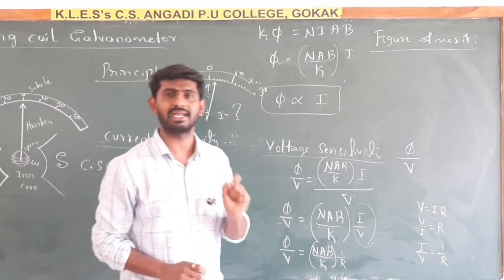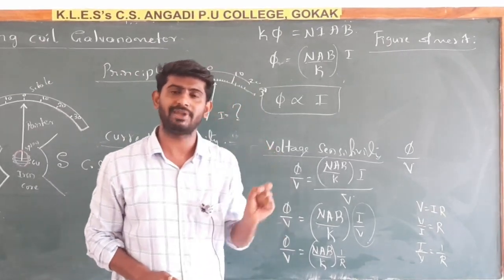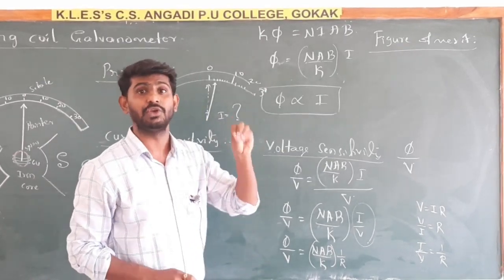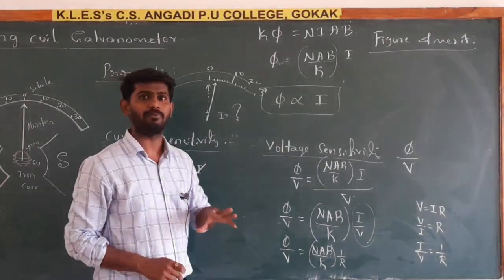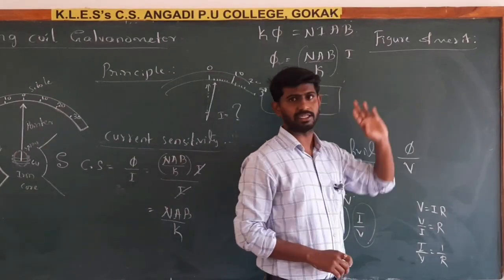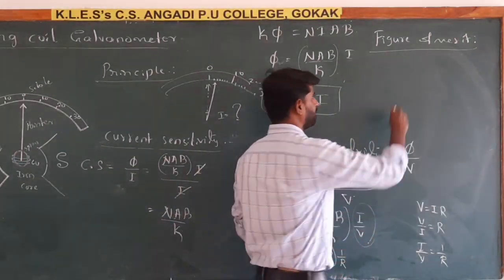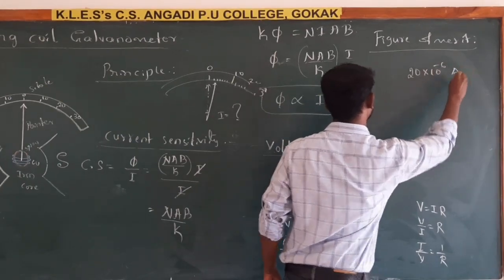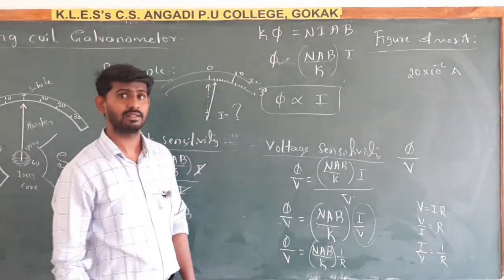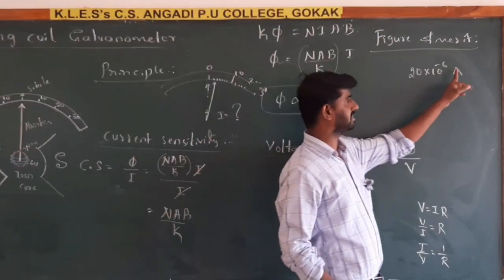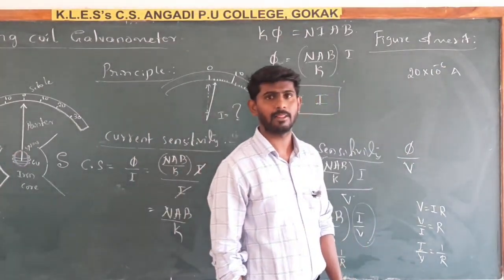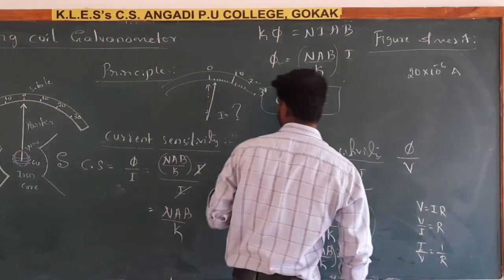The amount of current required to produce unit deflection in the galvanometer, that is called its figure of merit. For example, if I write that the figure of merit of a given galvanometer is this much, what do you understand? 20 into 10 to the power minus 6 ampere. It is the figure of merit of the galvanometer. What do you understand? It means if you want to deflect